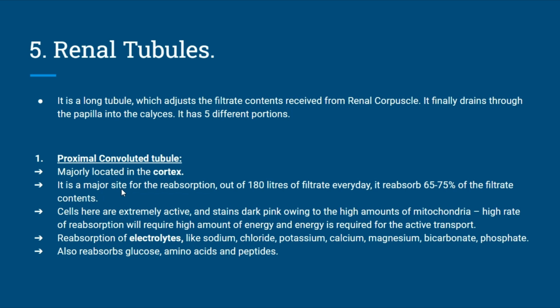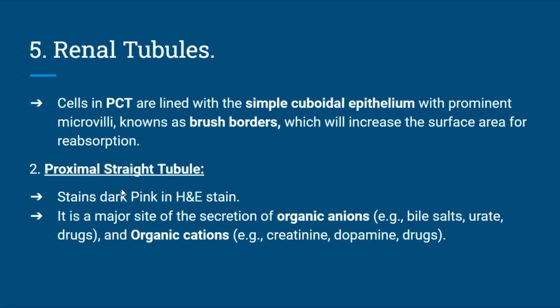There is reabsorption of electrolytes like sodium, chloride, potassium, calcium, magnesium, bicarbonate, and phosphate that occurs here, and it also reabsorbs glucose, amino acids, and peptides. So this first part is very important in reabsorption because at least 65 to 75%, that is like three-fourths of the filtrate, gets reabsorbed here. So the cells over here are very, very active, and the cells in the proximal convoluted tubules are lined with